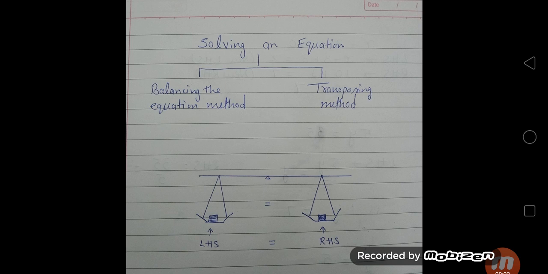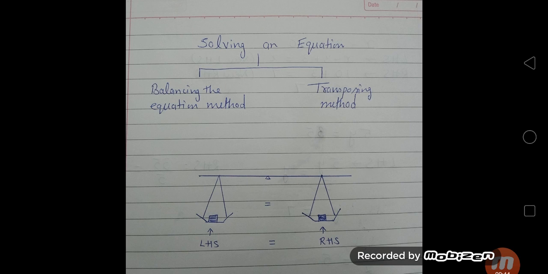Often an equation is said to be like a weighing balance. Doing a mathematical operation on an equation is like adding weights to or removing weights from the pans of a weighing balance. An equation is like a weighing balance with equal weights on both its pans, in which case the arm of the balance is exactly horizontal.